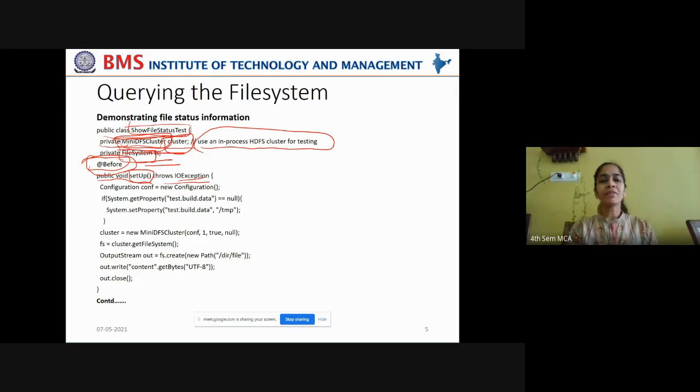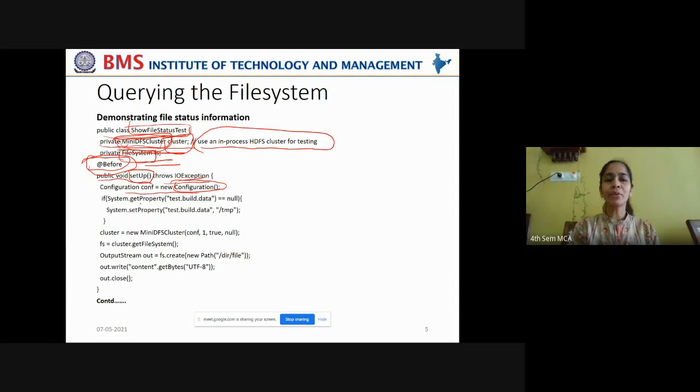Okay. So this setup method throws IOException, and what are the tasks you have to perform under this setup method? Observe each and every line carefully. You are creating a configuration object here. Why are we creating this configuration object? This configuration object encapsulates the server or client configuration on which you are running these tasks. So in order to get that encapsulated configuration of the client or server, you're using this configuration object. Create a configuration object as a new instance of the configuration class.